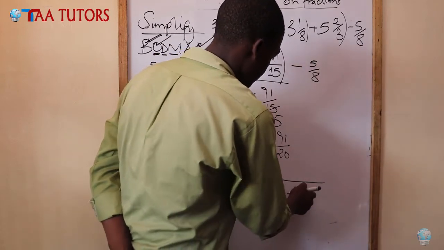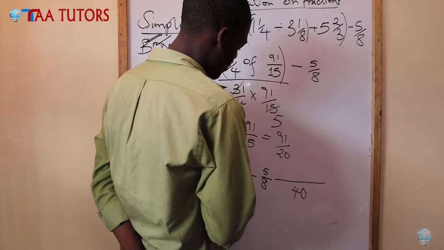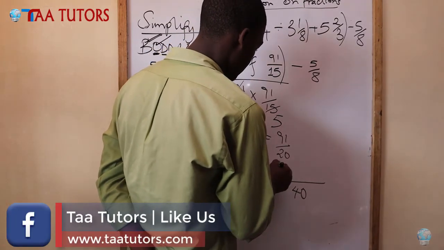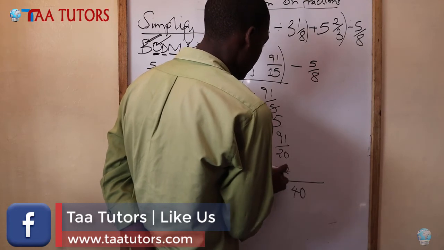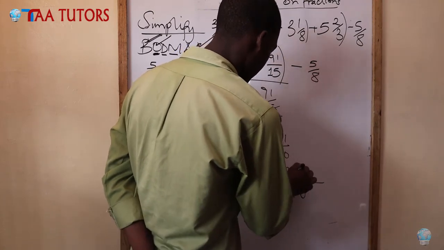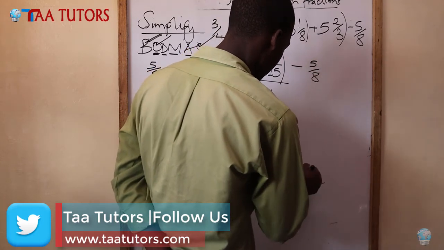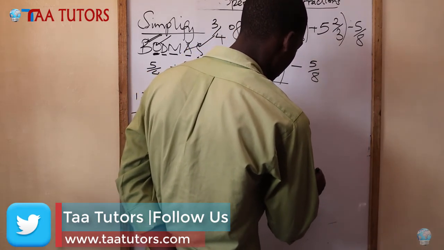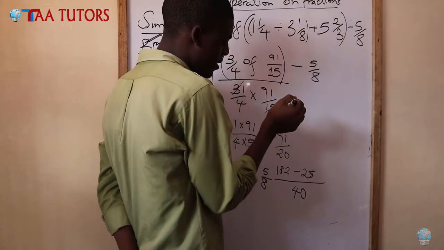So 20 into 40, that is twice. 2 times this will give us 182, sorry. Minus, that one is 5 times 5, that one will be 25. That one, when we subtract, we are getting